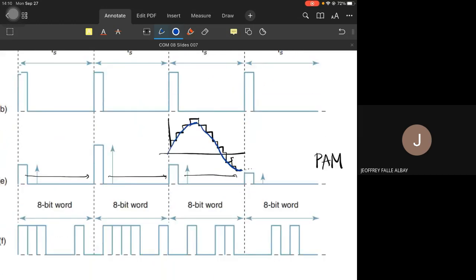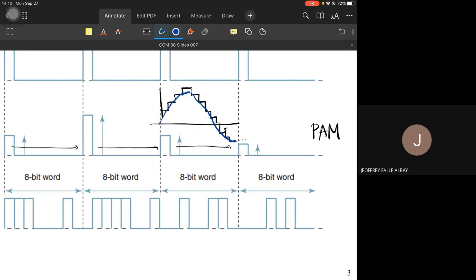And last but not the least, the most commonly used of all, even now, is pulse code modulation. Actually, any of these techniques are erroneously named, because we technically did not modulate, right? We did not modulate the